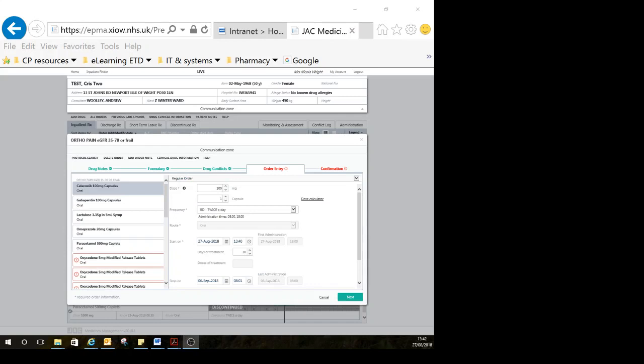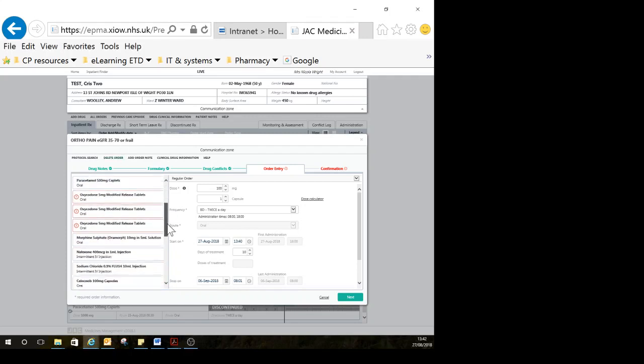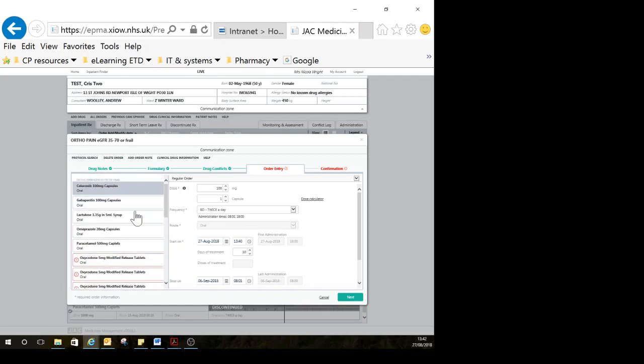Some protocols act like a shopping basket on an online website where you have various different medication added in. So this particular protocol is the Orthopedic pain protocol, and in here there are a number of different medicines listed as part of the protocol. But you might, when you're reviewing this, think, well, actually this patient doesn't need celecoxib, so you might want to remove some of these things from this protocol. And to do that, you would click on the medication, click delete order, and that would just delete that particular